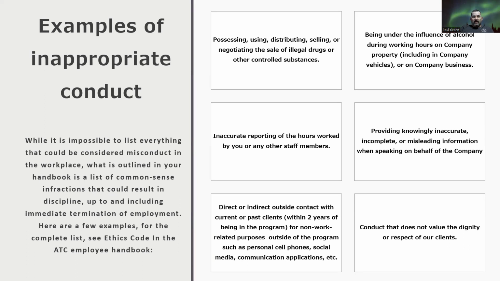Some of these infractions include, but are not limited to, possessing, using, distributing, selling, or negotiating the sale of illegal drugs or other controlled substances, being under the influence of alcohol during any company function on company property, during work hours, or while operating a company vehicle, inaccurately reporting hours worked or not reporting other staff members who are inaccurately reporting hours worked,